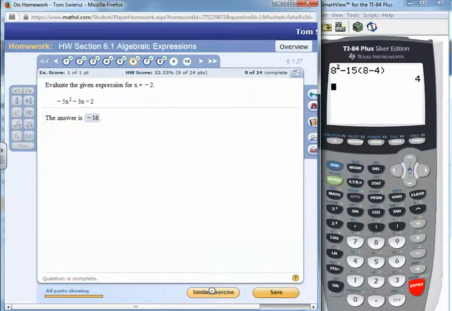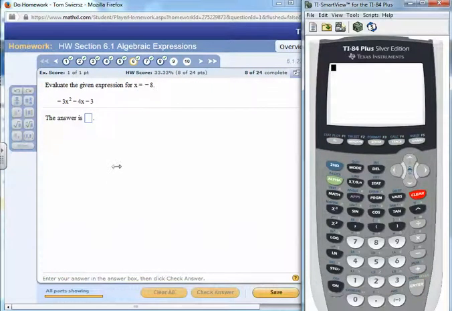All right, problem number 6. Now again, negative 8, so be careful. It's a negative 8, so you must have parentheses around negative 8 because that's your base. So again, following here, the expression, we have a negative 3, right? And then we have negative 8, which must be in parentheses because it's a negative base. It's raised to the second power, so x squared, subtract 4, and then times x, which again is a negative 8, and then subtract 3,